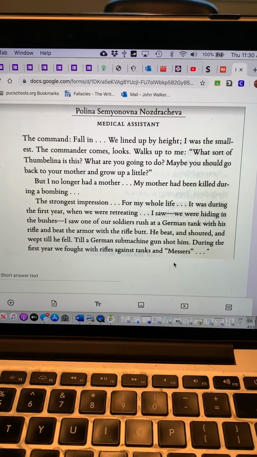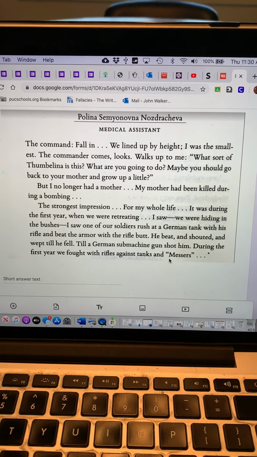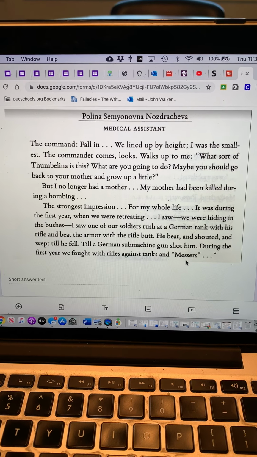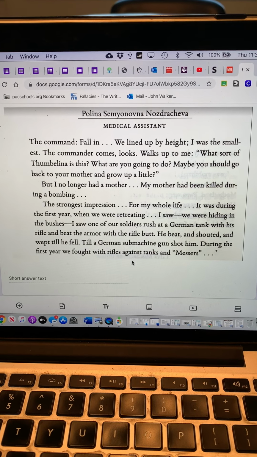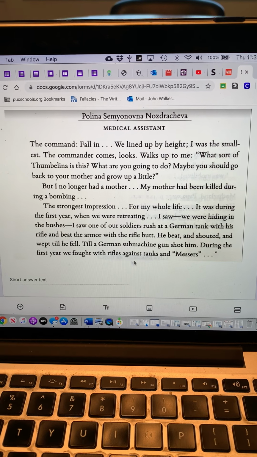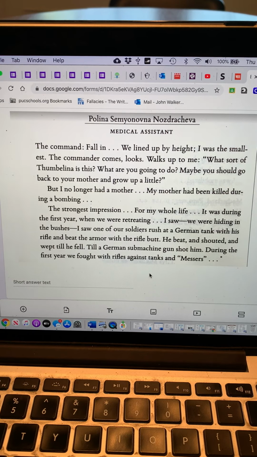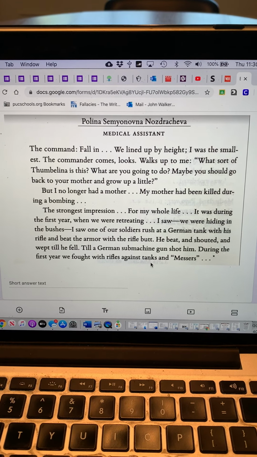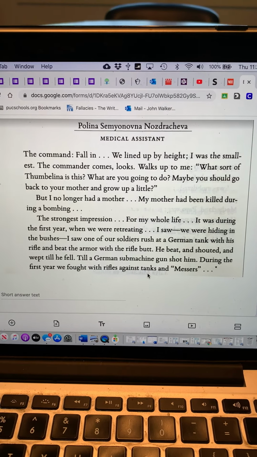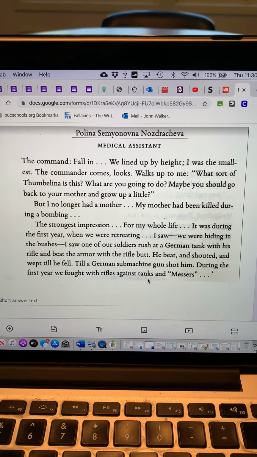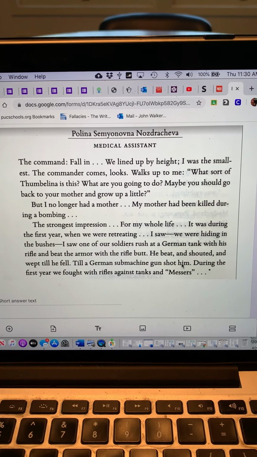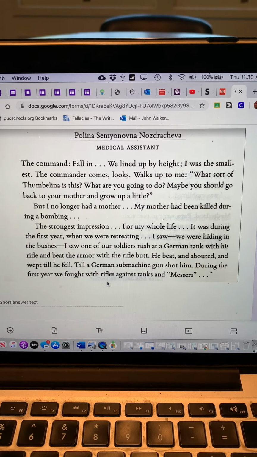If you remember from our technology of the Battle of Britain, Messers, this is short for Messerschmitt, the German airplane. And the Russians, at least in the beginning of the war, fighting with tanks against tanks and with planes against planes? No, in this case, they're fighting with rifles against them. Later, the Russians are able to industrialize, and their factories get to work. The biggest tank battle of the entire war, and in history actually, is the Battle of Kursk, fought on the steppes of Russia and the Ukraine against the Nazis, and the Russians win. But here in the beginning of the war, you see they're fighting with just rifles against tanks.